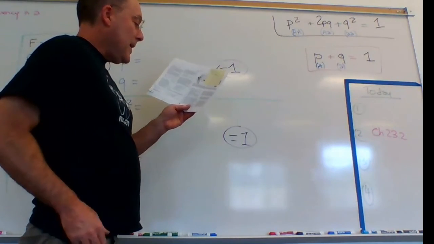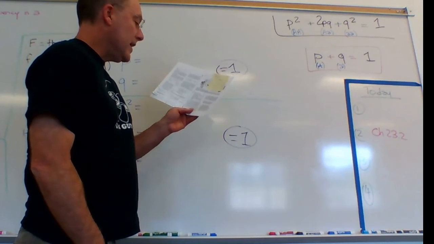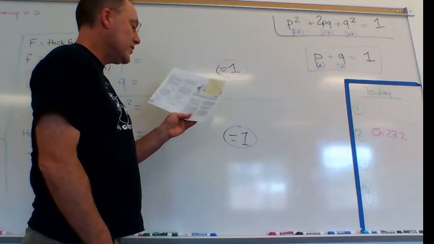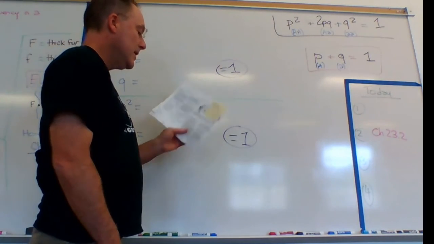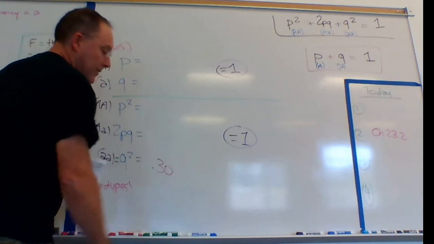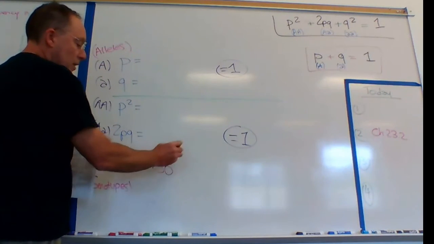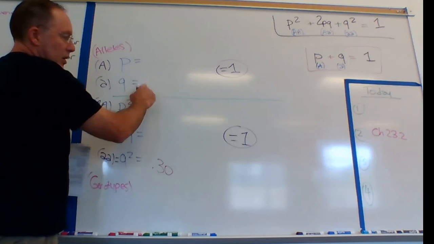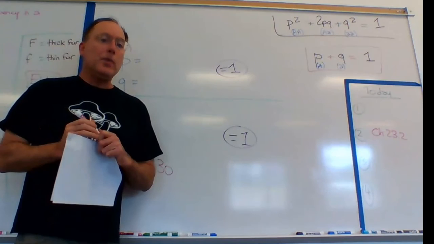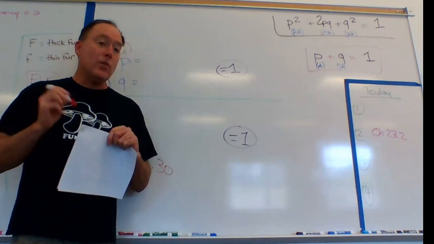Number 1 says, in a certain population, 21% are homozygous dominant, 49% are heterozygous, and 30% are homozygous recessive. So 30% are homozygous recessive. That means I can put a 0.30 here. Now, if I start square rooting this and then get a huge decimal here, a decimal there, if things look ugly, you probably have the wrong numbers in the wrong place.